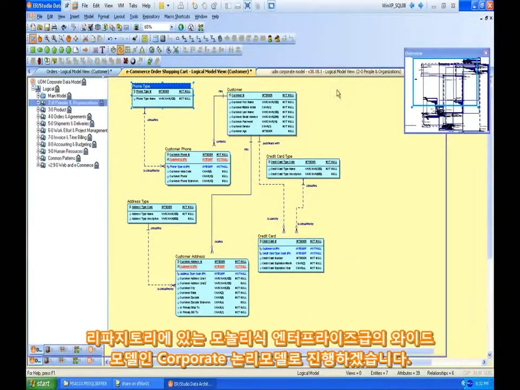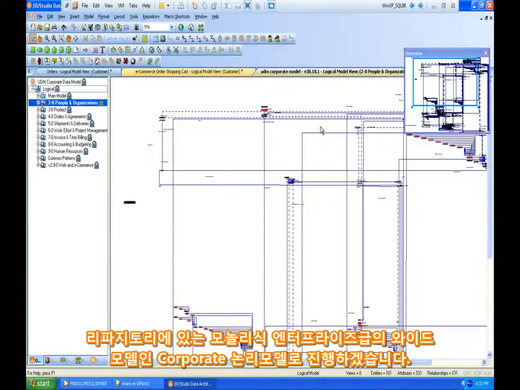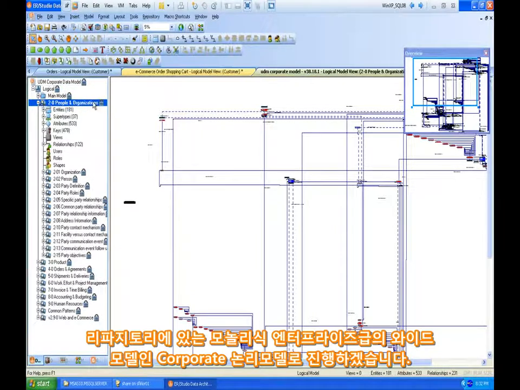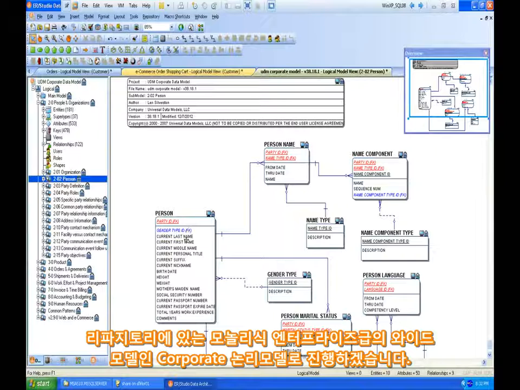So I have a repository-based model available here, and this in fact is one of those monolithic enterprise-wide models. This is my corporate model, and it's over 600 entities, which some of you may be thinking that's small. So just as an example, we'll pick on a specific entity in this logical enterprise model. That entity specifically is this person